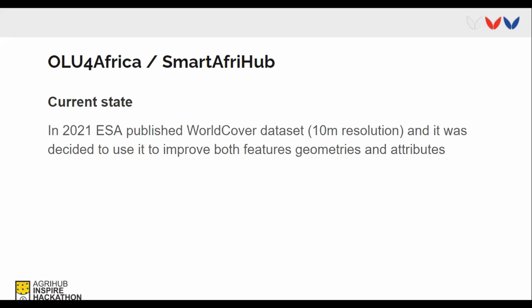Currently, we found out that in autumn 2021, ESA published an even more detailed land cover dataset. It's called WorldCover, and it has 10-meter resolution. It's from the year 2021, and we decided that we will use it to improve land cover categories, the thematic data, but also that we will try to vectorize the features from this database to also improve